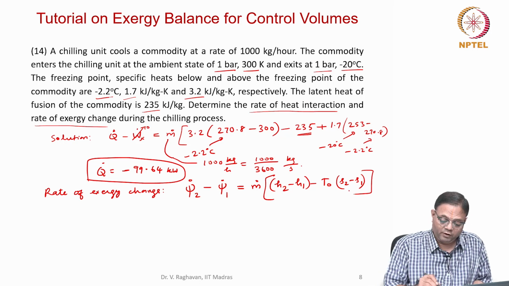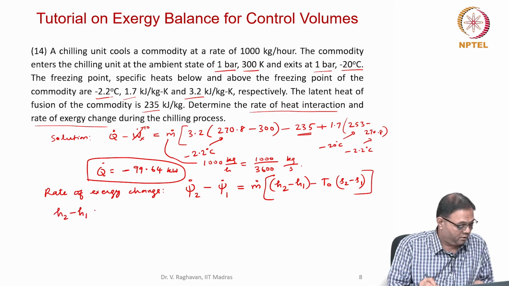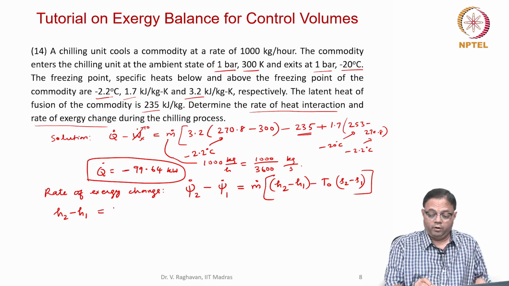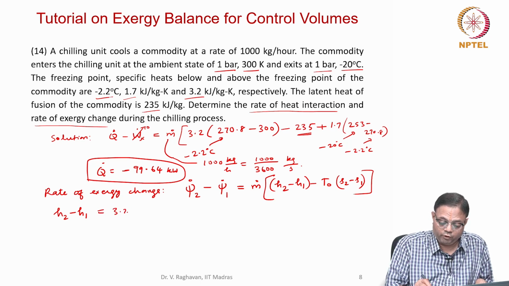Okay, now let us find one by one. H2 minus h1 will be equal to, here, 3.2 into